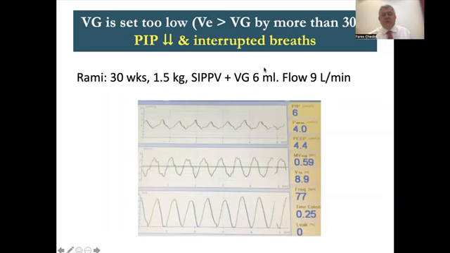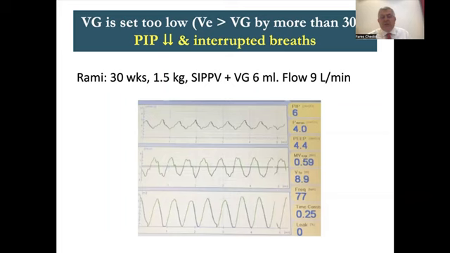The patient wanted more than 6 ml. He went and took 9 ml. He's 30 weeks and quite strong. He took 9 ml, which is more than 130% of what the VG is. So every time during inspiration, the machine would notice this is VTE, but VTI was also high. So during the VTI, at every breath, the breath will be dumped because he's taking 30% more than the VG.